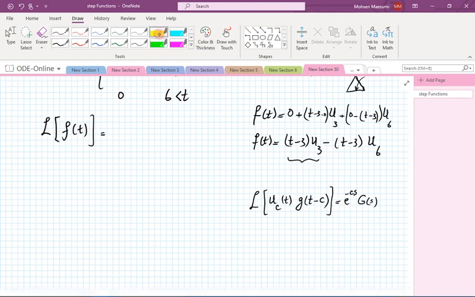Okay, one thing we emphasized quite a bit before is that the delay and the switch time have to match for this formula to work. Well, we are lucky here that it is indeed so. So if I have the Laplace transform of u3 of t times t minus 3,